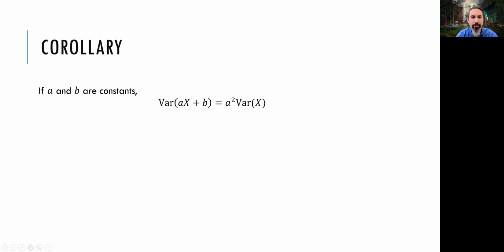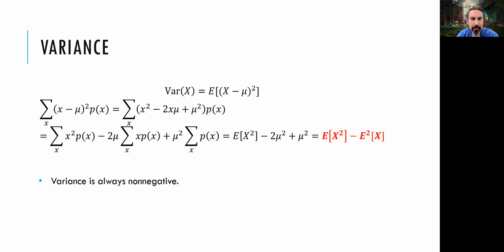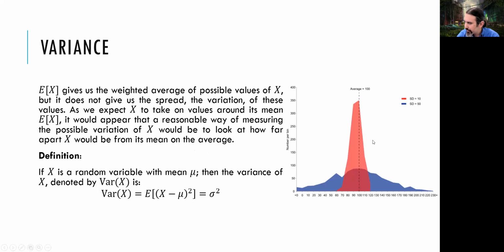But let's go back and take a look at the graph now. In this graph, remember, we said that the red one has a smaller variance and the blue one has a greater variance. Also, if I take every value in the red one and add 5 to them, for example, my average will become 105. It will just move. But the shape won't change. The shape will still be the same, but it will just move.